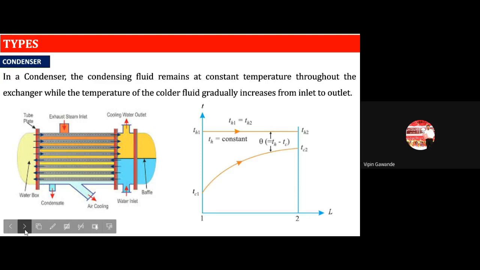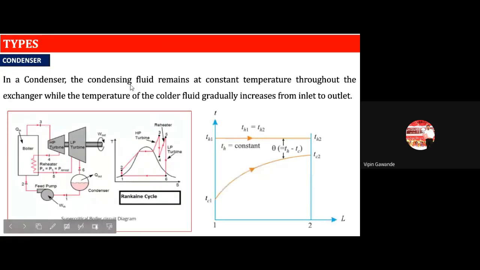Now here also I have drawn the same thing that I have explained to you. If you take this Rankine cycle diagram, this constant temperature line, here 2 to 3 denotes heat addition. This 6 to 1 is the condenser, so there is a release of heat.